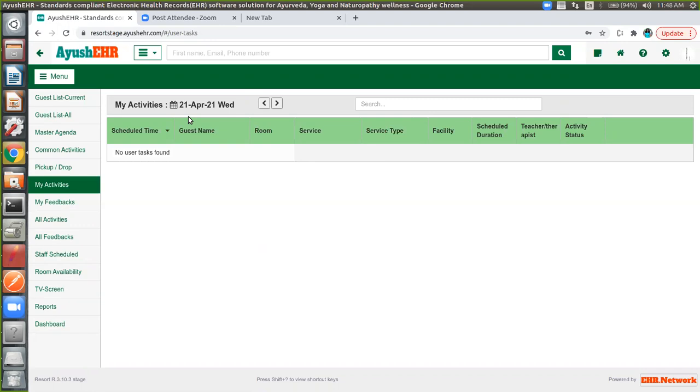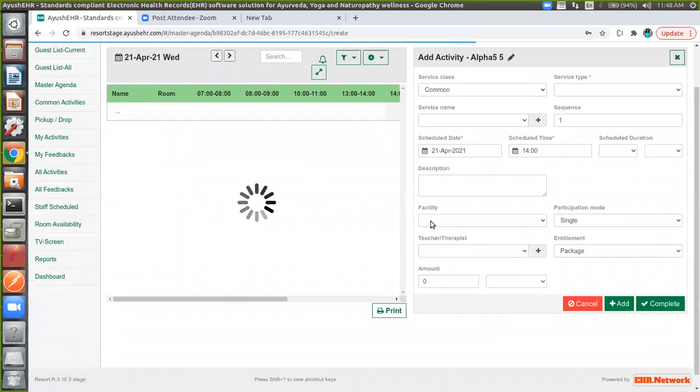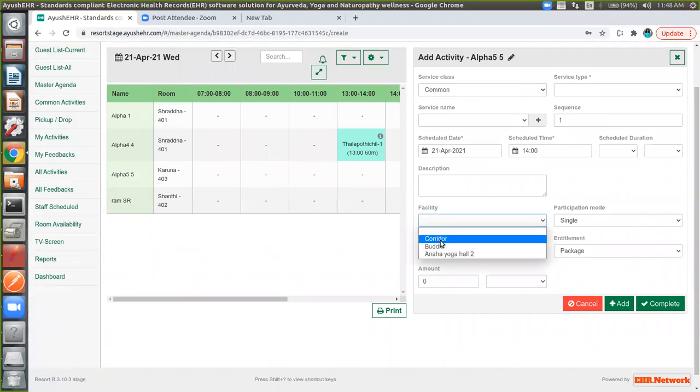Yes, correct. And the second is, can you block the treatment room also, or is it only the therapist? You can block only the therapist, or you can block the room as well? We can block the room as well. There is a facility, right? Here is a facility config thing. One facility can be booked only at one time. If the same facility is booked for another, it says facility is busy. That kind of validation it shows. Facility is kind of a room, treatment room. Okay.